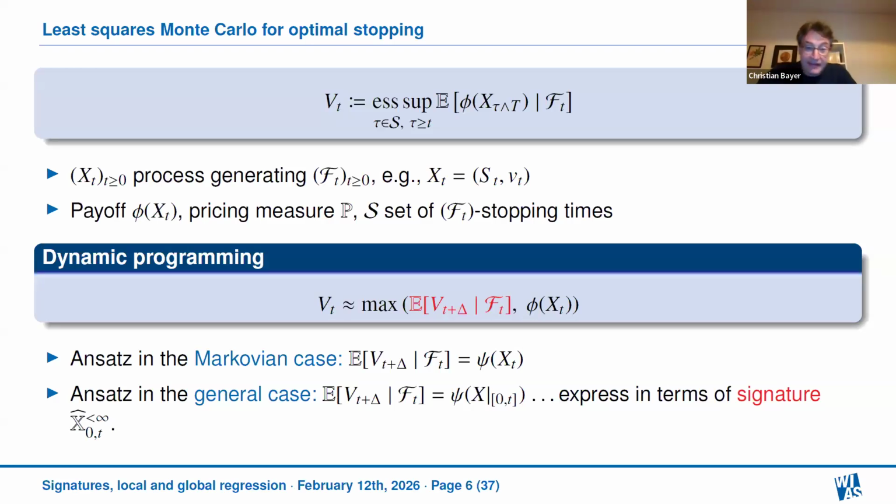And the idea is now very easy. In the Markovian case, we just make the ansatz, or we know, that the conditional expectation is actually a function of the state variable X_t at time t. And in the general case, well, what do we know? In principle, we know the same thing, but now we have a function of the trajectory, of the path of this process X from the initial point in time, which I fixed to be at 0, but you could also think that you actually start at minus infinity if you like.